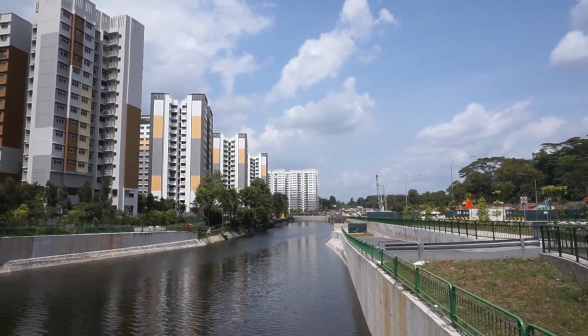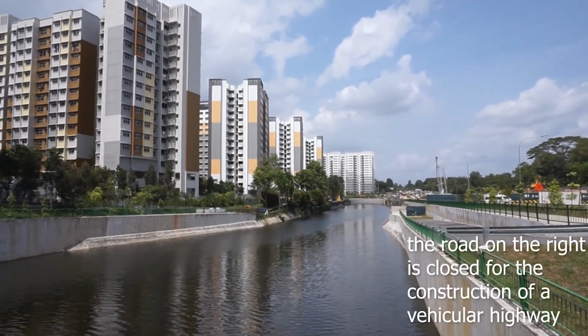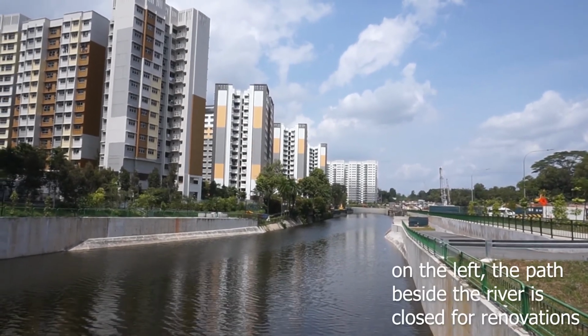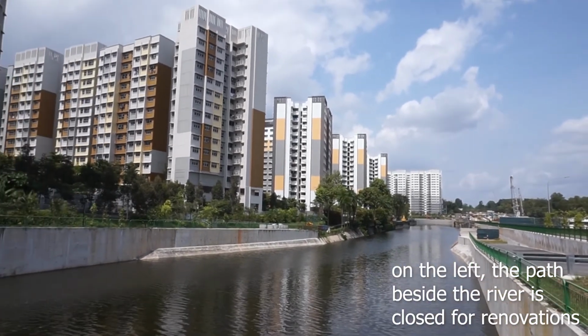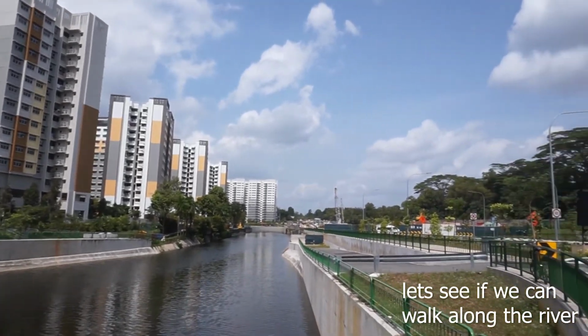But unfortunately, I'm not able to do that because what you can see here now on my right, which is the Yishun Avenue 8, there's some big construction going on there. Everything is fenced up. On my left, underneath the block, there seems to be also renovation being done to the pathway. So I'm being blocked from both ways to go straight, because my plan was actually to head straight to the end of the river